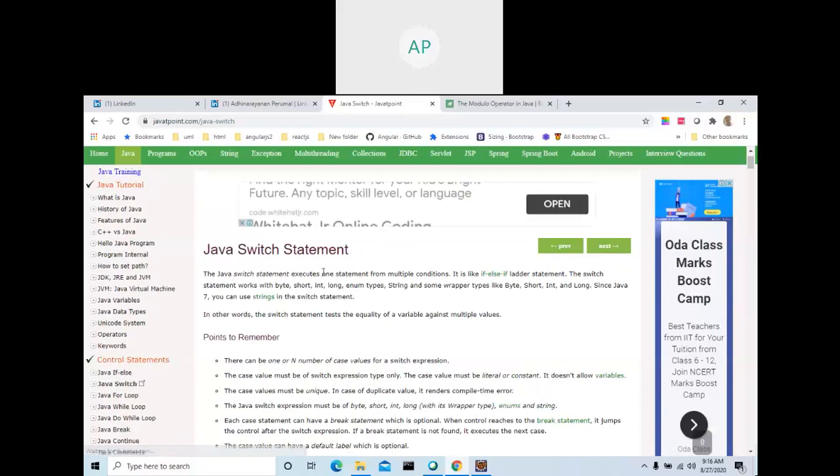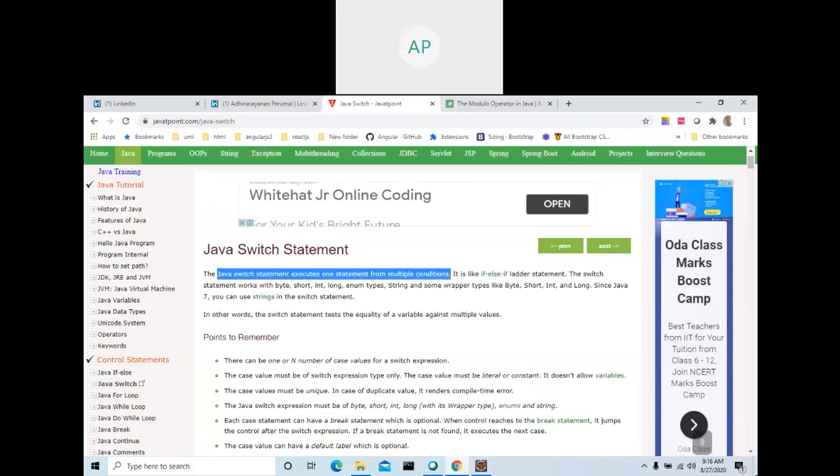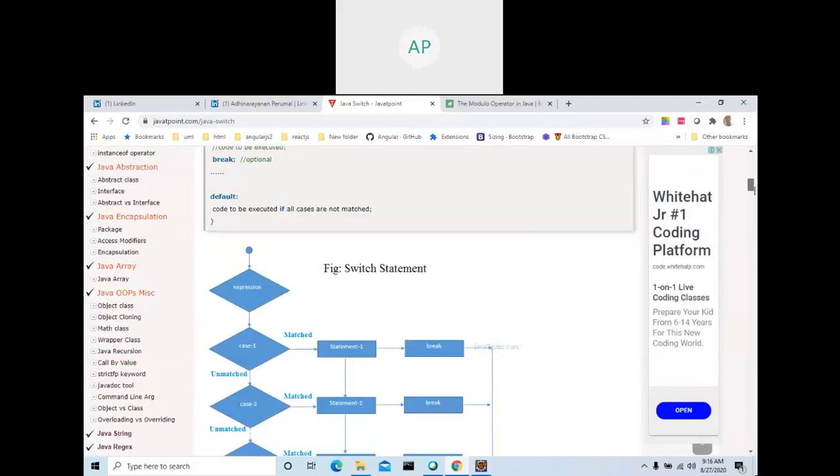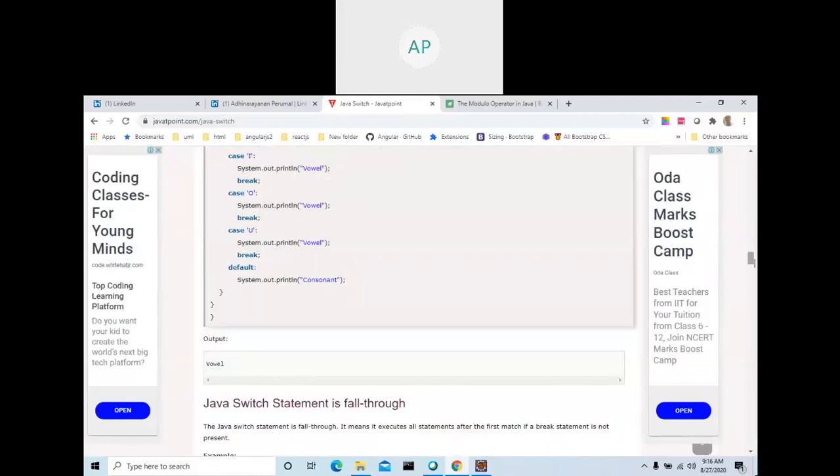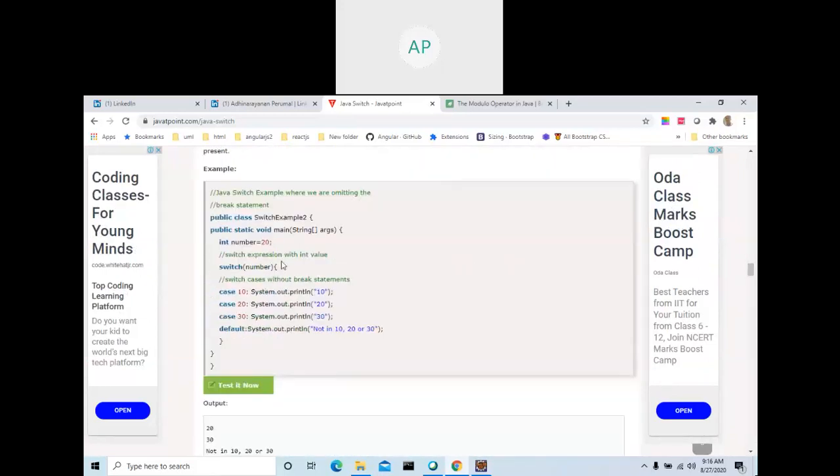Very very important, Java should execute one statement for multiple conditions sometimes. If you need something like this, you cannot use if else. If else if, you can use switch. See what is the difference. That's your understanding. But if you are not able to think it through, then you can ask me during our clarification session. Every day we are going to have it from evening 7 to 9. During that time, you can ask me, I couldn't understand this, please explain to me.